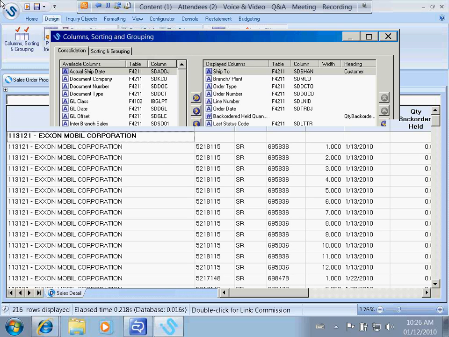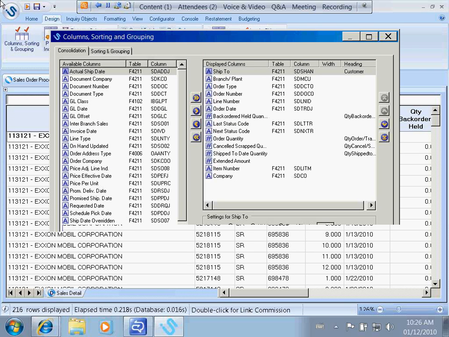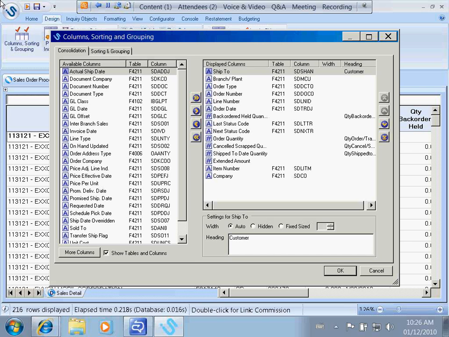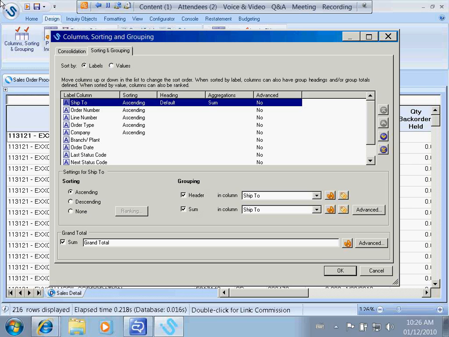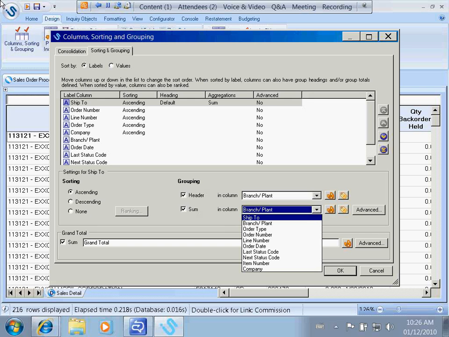Sorting and grouping. And remember where we were here? All we did is put it in another column. See where I did header and sum? I have a drop down here, and I can say I want it in the branch plant column. You see that? I just took under grouping. I have the box checked that says header. Right next to there, it says in column. I use the drop down to change the branch plant. Okay? So now when I do OK and run it again,